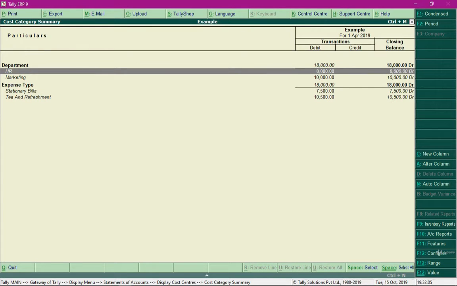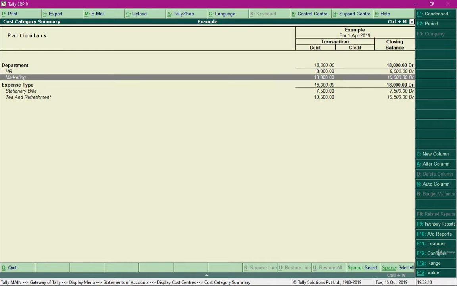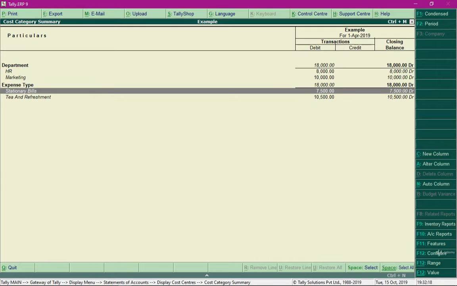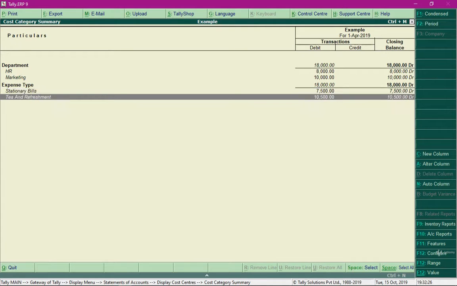Over here we can have a snapshot of expense allocation, and we can understand that rupees 8,000 expense was incurred in HR department and rupees 10,000 in marketing department, and overall towards stationery bills in both the departments 7,500 rupees was the expenditure amount and rupees 10,500 towards tea and refreshment.